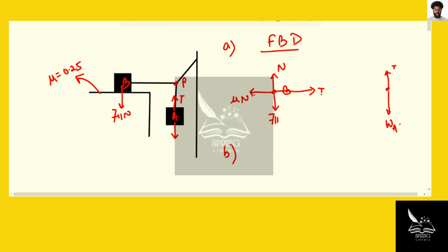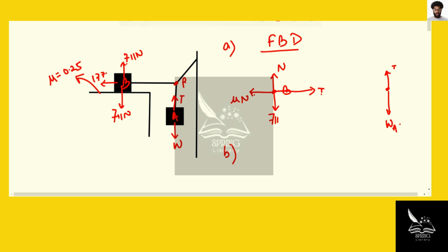There will be T, there will be the weight of A, that's W, and there will be the friction force. The normal reaction force will be 711 newtons only, because there is no acceleration or movement along the vertical direction,